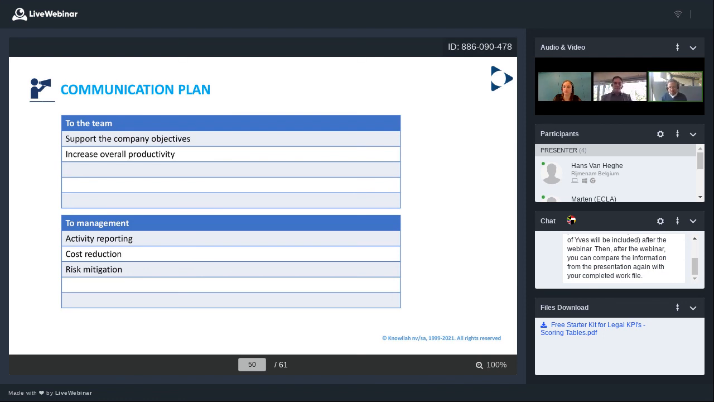hear, because everybody's overworked and they're constantly working, but a lot of people in the organization do not know what a legal department is actually doing. So by tracking KPIs, it will be very easy to communicate and to report on activity. You will be able to, in a very transparent and readable way, improve